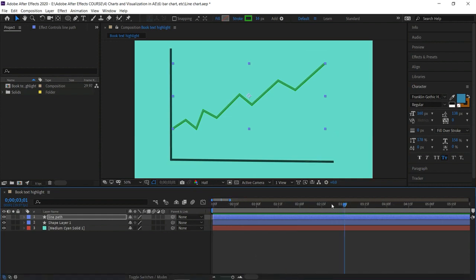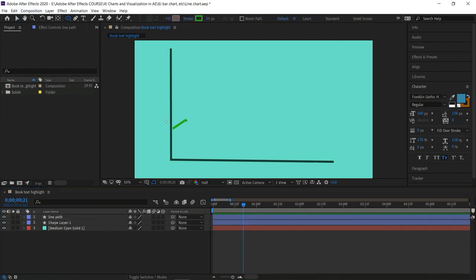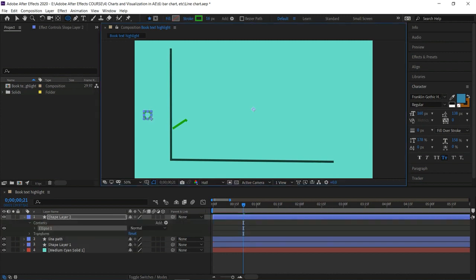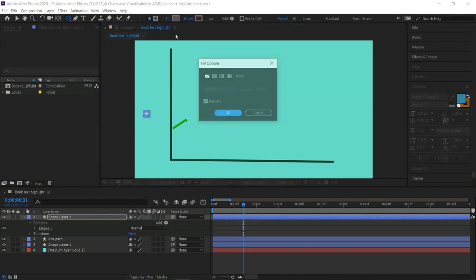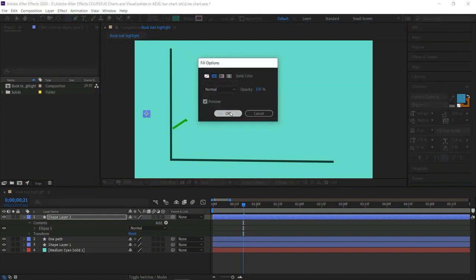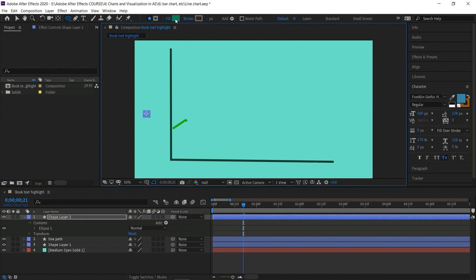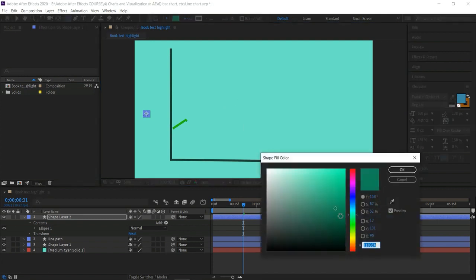So just add some points and add the meaning. You have to zoom in very much because we want to place the points at the time the graph is growing, because we don't want them to appear beforehand. So make the stroke transparent, and here we are interested in fill. So select a fill of the same color shade, or you can choose any different color. Just select it